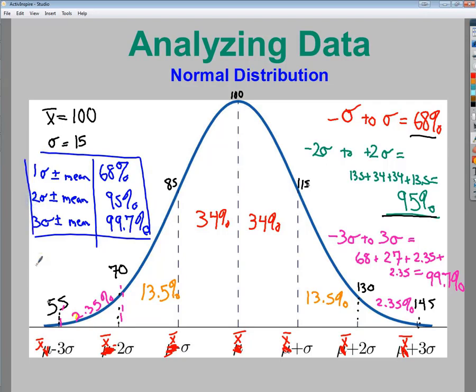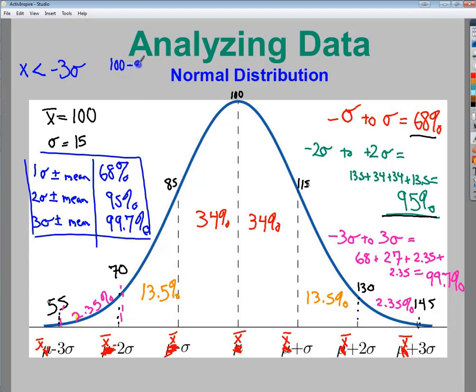Really, the big issue is that you need to consider how much data is recognized up to a certain point. Like if I wanted to know what percentage falls below 3 standard deviations below the mean, so x values less than 3 standard deviations below. So what I need to do is take all of the data that's above that number and just subtract it. Well, I know that all the data that falls between here and here would be 99.7. So I'm going to take 100%,